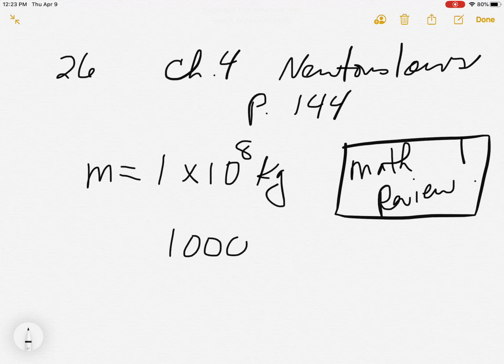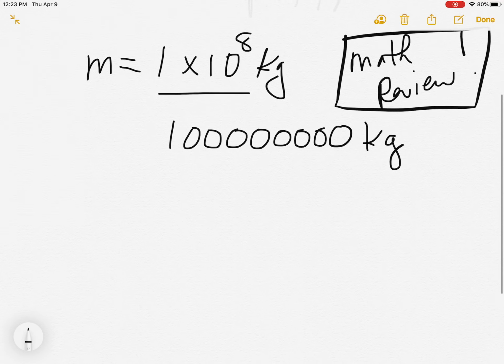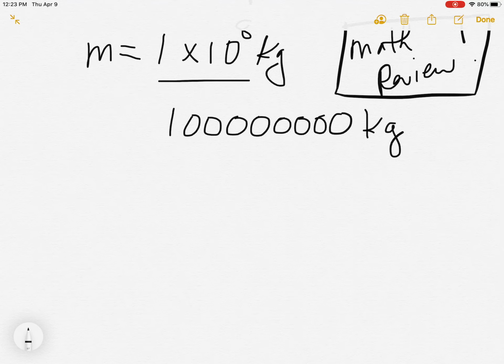That's the same as 1 with 8 zeros. 5, 6, 7, 8. So that's how big it is, right? But that's too hard to write, so this is a short form. So that's our mass. Good. Then